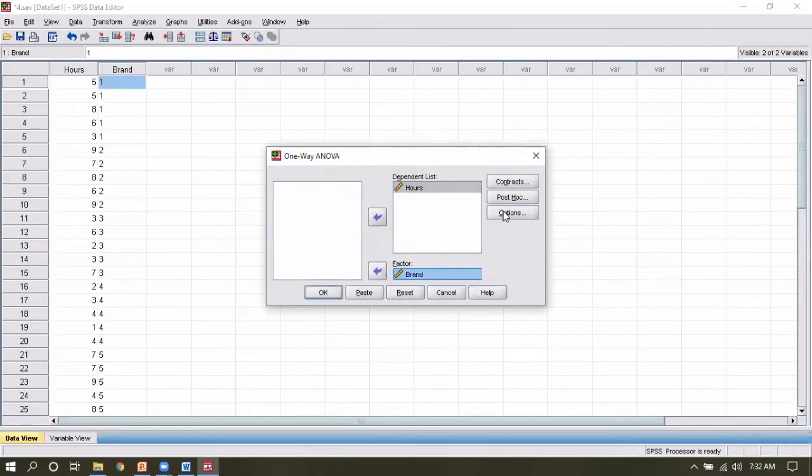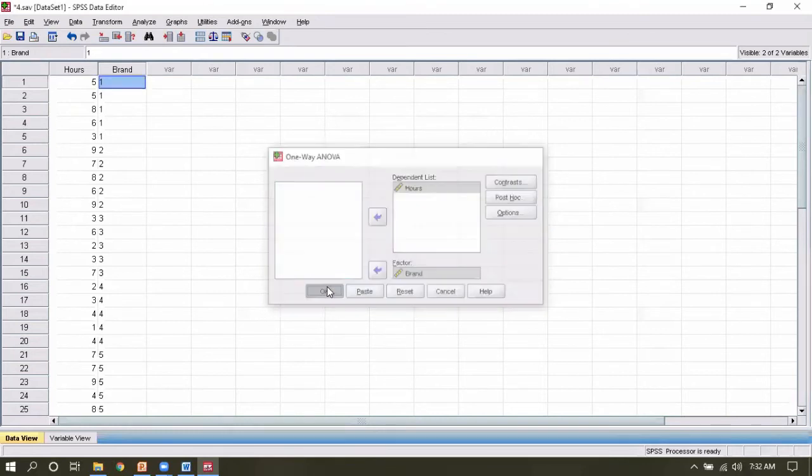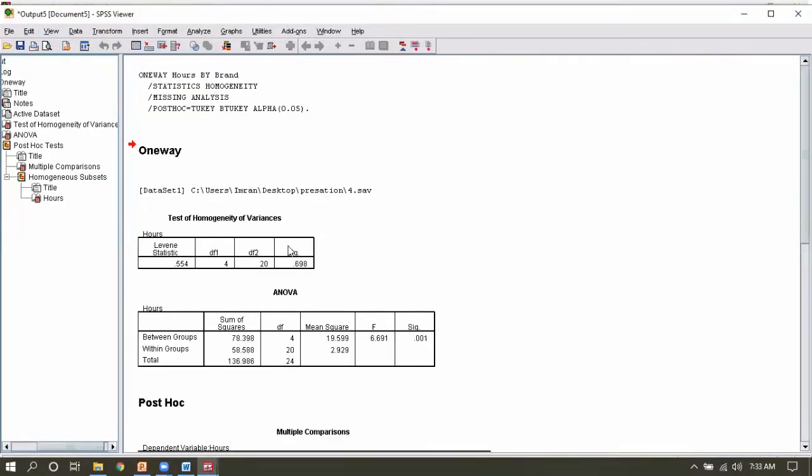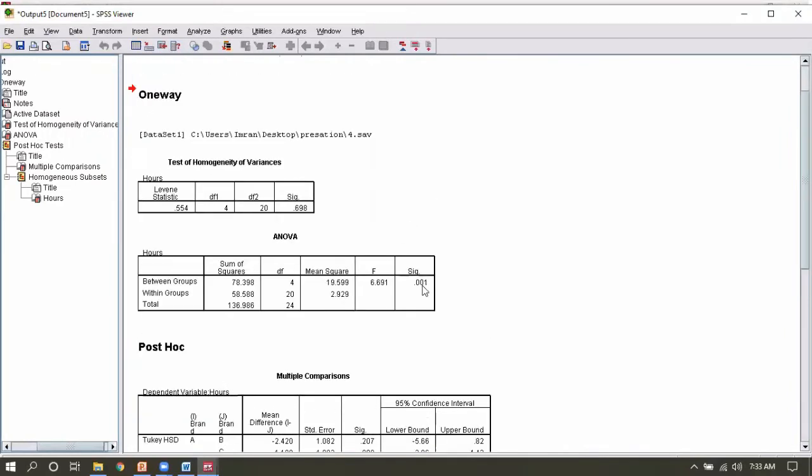For the analysis of homogeneity, go to Options and click the homogeneity of variance test. Click continue and okay. You will find there is a significant difference, and you can see the p-value is less than alpha, so there is a significant difference between these brands.